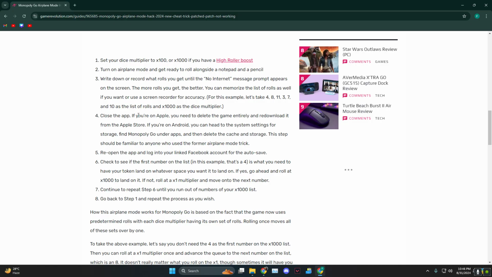And then close the app, and if you're on Apple you need to delete the game and re-download it, and if you're on Android you can just head over to Monopoly, clear the cache and storage. After that, reopen the app and then log into your linked Facebook for the autosave,